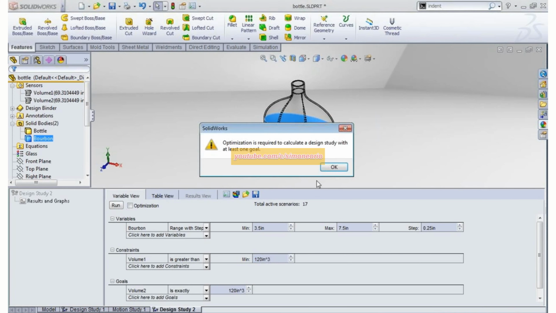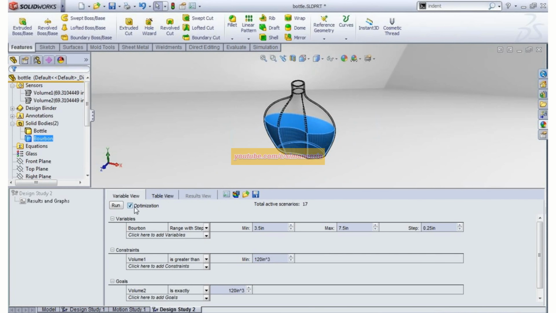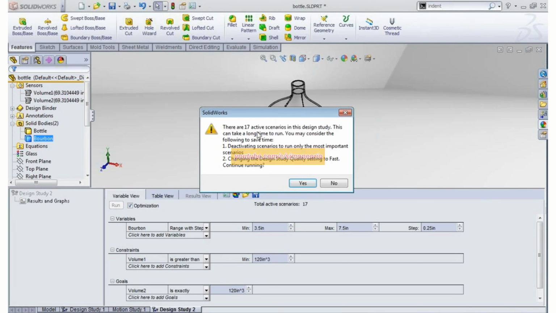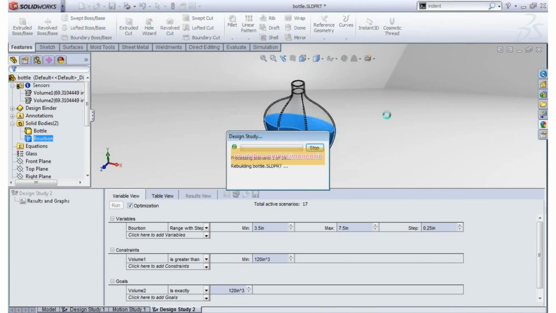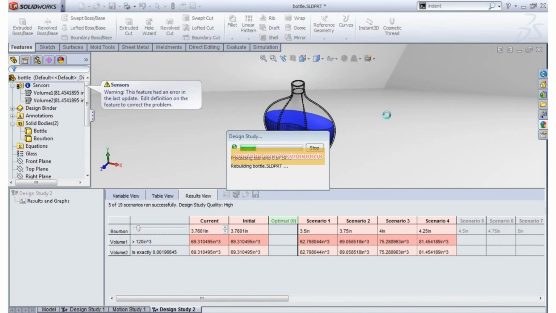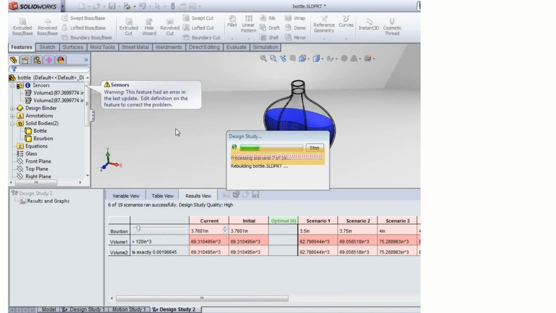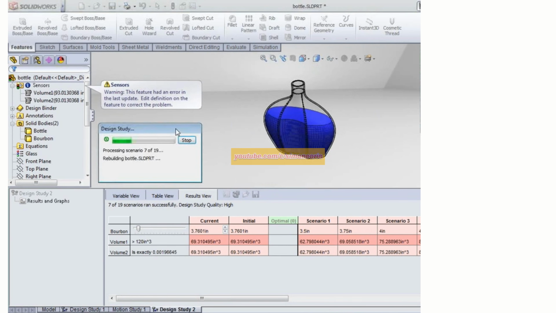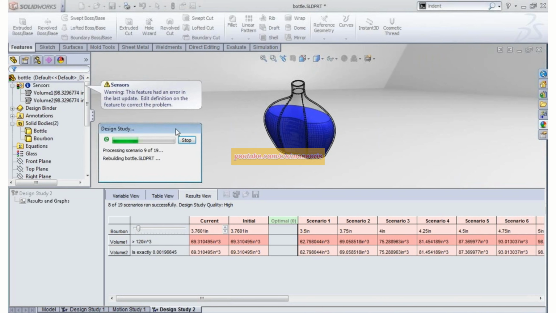So we need to actually run an optimization on that. You hit the check mark to run the optimization, and it tells you that there are 17 scenarios it's going to try out, so it's not going to take too long. It's going to figure out what the height of that volume should be. We're already almost half done. You let SolidWorks do the work, and you can go have yourself a little drink